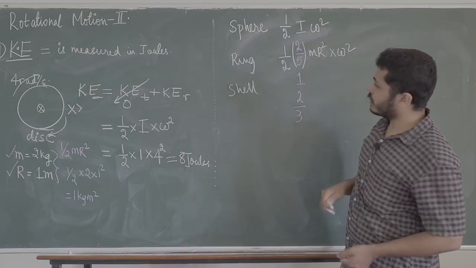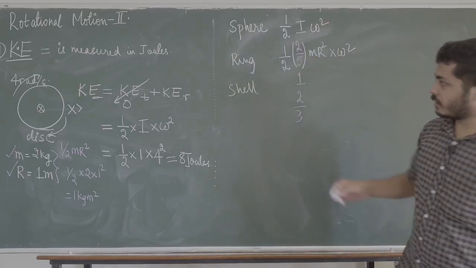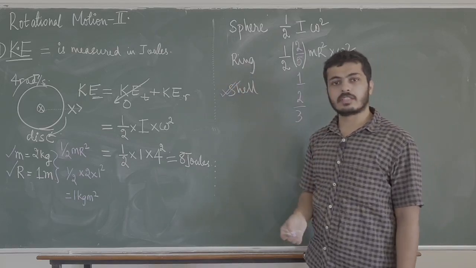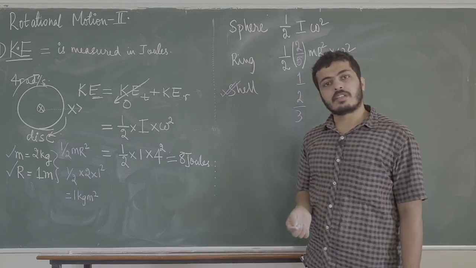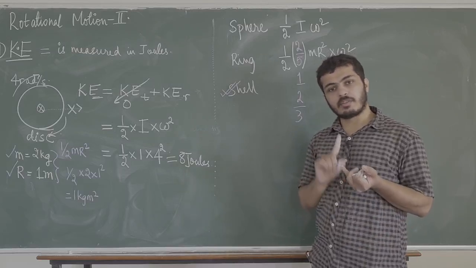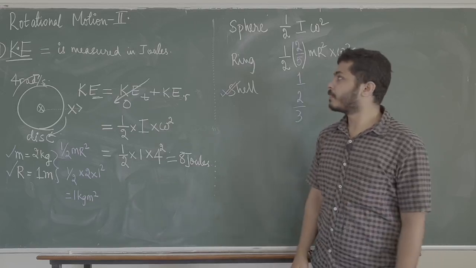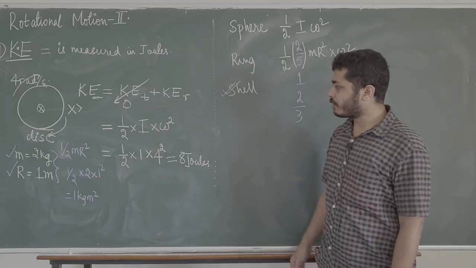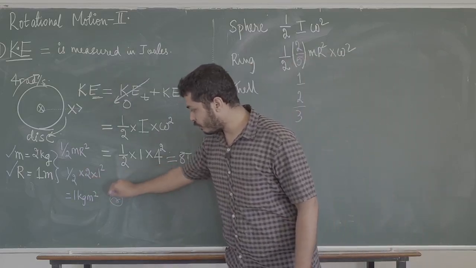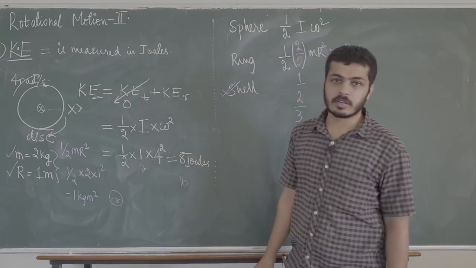So out of all of these things, which one is going to have the maximum kinetic energy? For the same angular velocity, the ring is going to have the highest kinetic energy because its moment of inertia is high. So kinetic energy of rotation depends on angular velocity and it depends on moment of inertia. If the angular velocity is the same, and the moment of inertia is high, then the kinetic energy is going to be high. So if you tried solving that for a ring, instead of I equal to half into 2, I would be equal to 2. If you put 2 over here, then this would just be equal to 16 joules. So on and so forth.